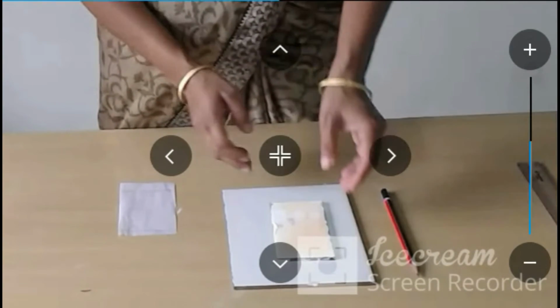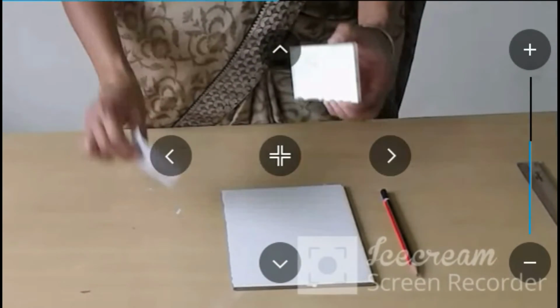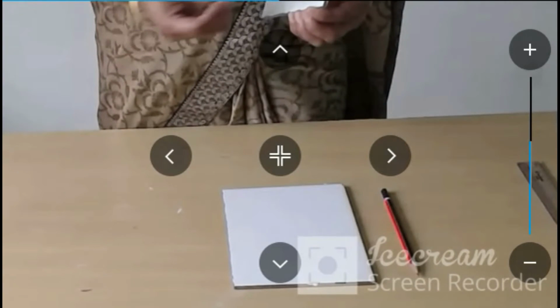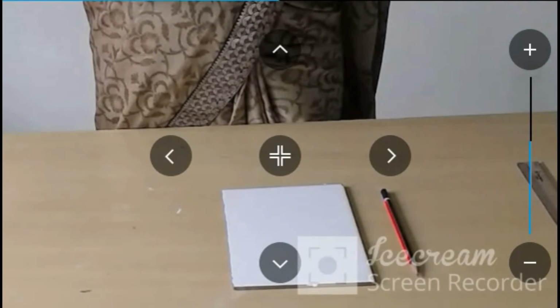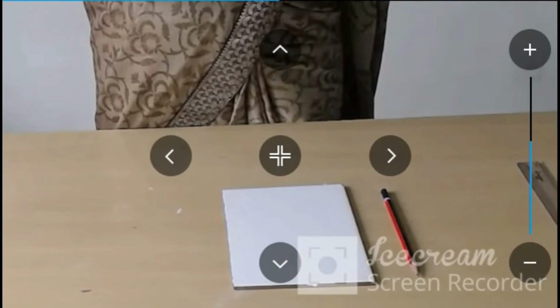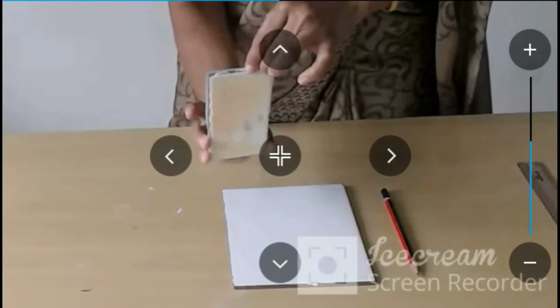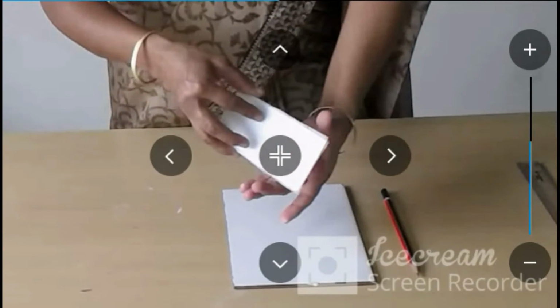For determination of RF value, I suggest you use butter paper. Take exactly the same size butter paper and touch it from the back side of the TLC plate. This is our front side, and at the back side you touch the butter paper.